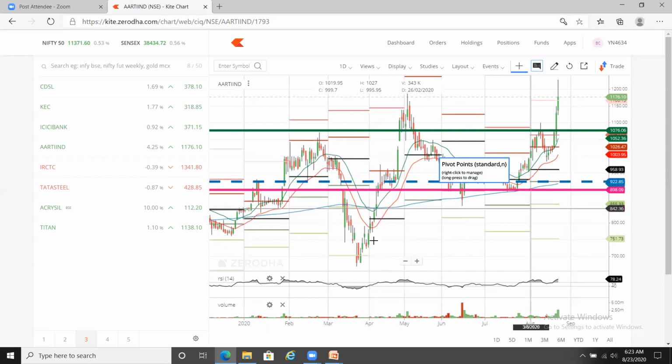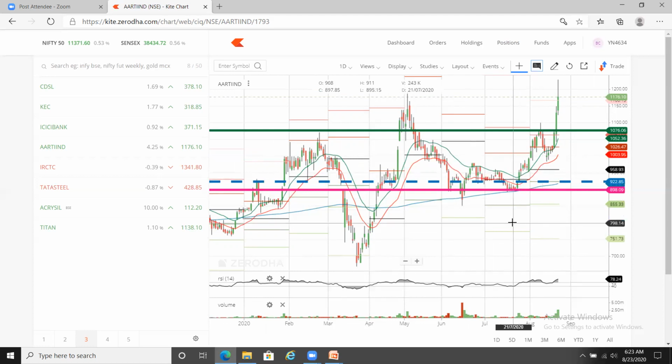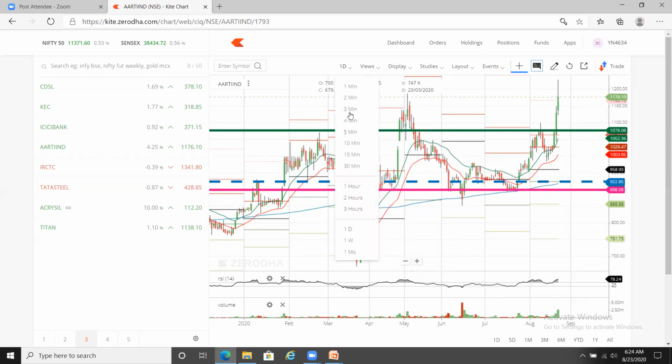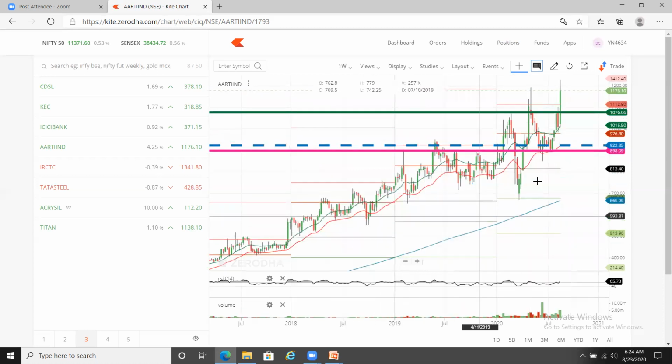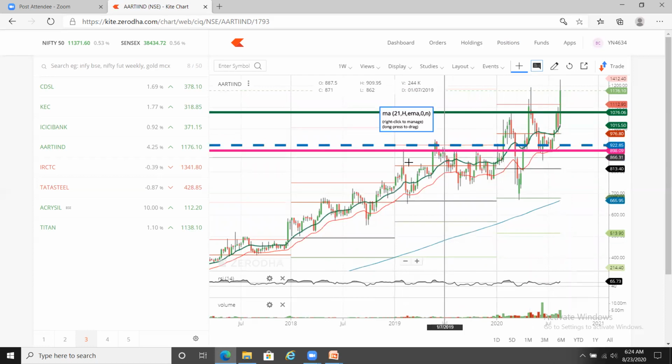So this is one of the things you can see that Aarti Industries has recently tried to cross 895, 900, 905 levels multiple times, and actually it failed. Only since then it tried to take support, and it did take support around 900, 805 levels around June. And if I again go back to weekly charts where it is actually visible,